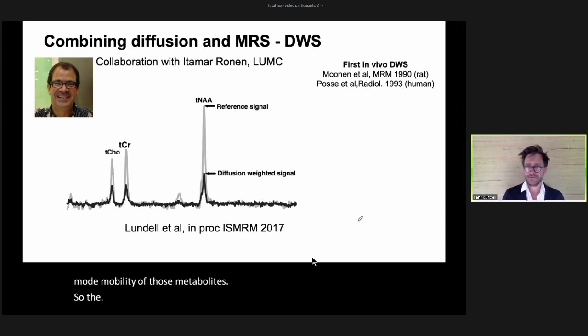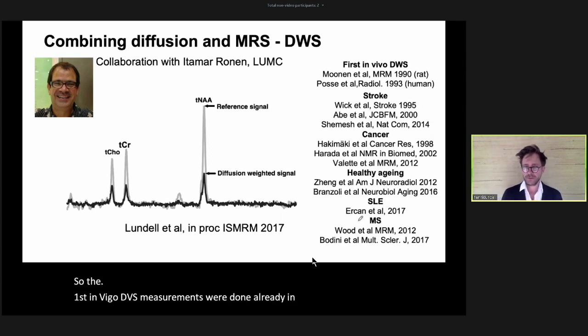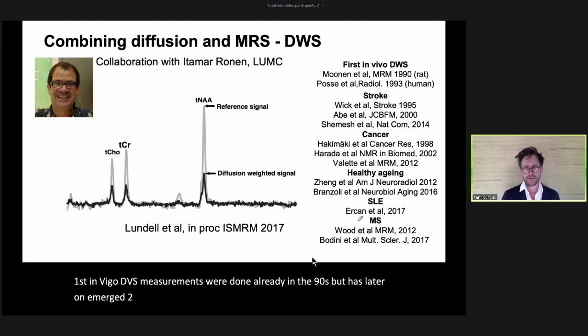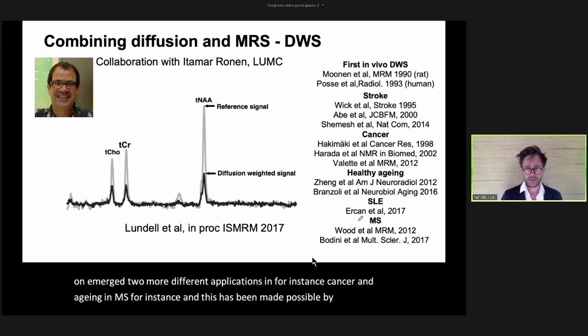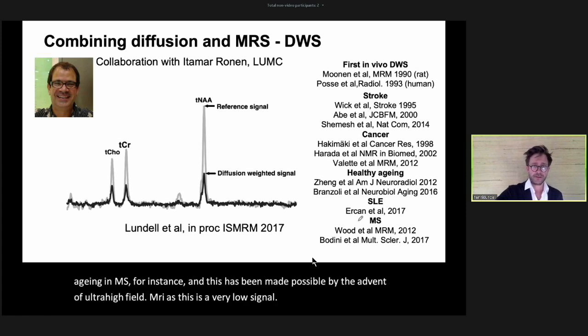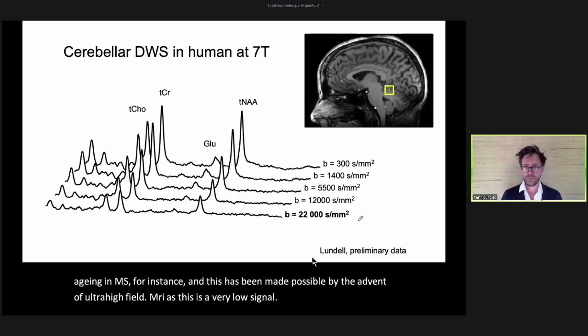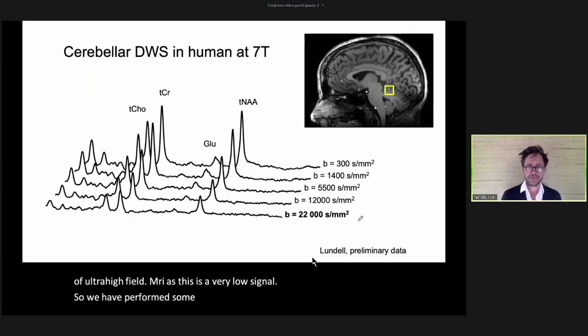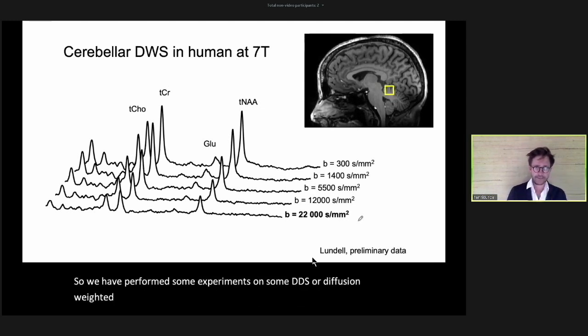The first in vivo DWS measurements were done already in the 90s, but it has later emerged into more different applications in, for instance, cancer and aging and MS. And this has been made possible by the advent of ultra-high field MRI, as this is a very low signal. So we have performed some experiments on diffusion weighted spectroscopy measurements on the cerebellum at the 7